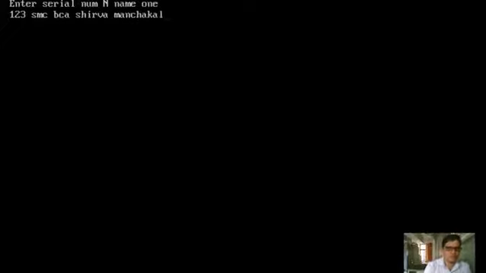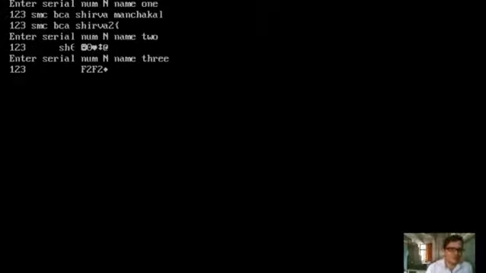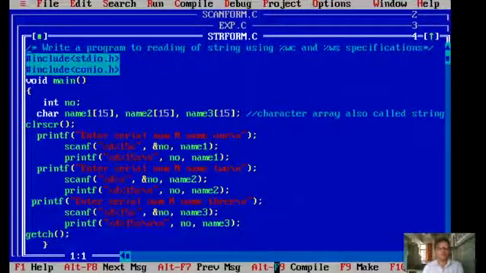SMC is 3, space is also counted as 4, BCA 3 makes 7, afterwards space 8, Shirva 4 makes 12, 9, 13, 14, space 15, 15. Manchakal won't come. Got it? Clear? If you enter that, it won't store, it will skip, and it is not supposed to accept input for the rest also. Okay, likewise it will execute your program.